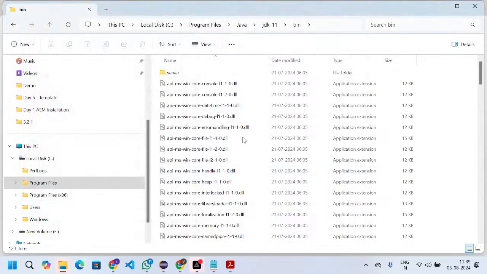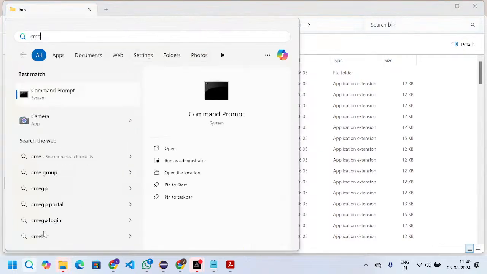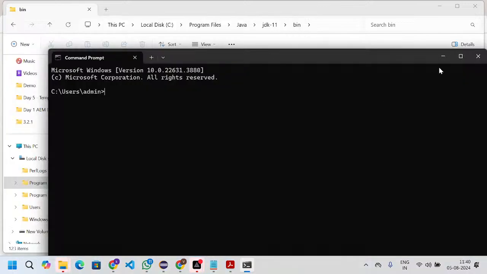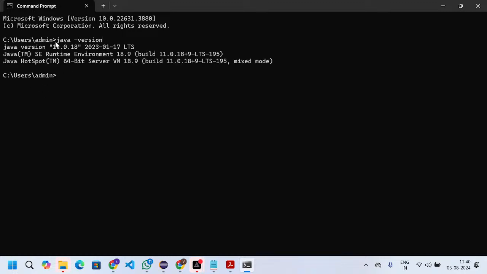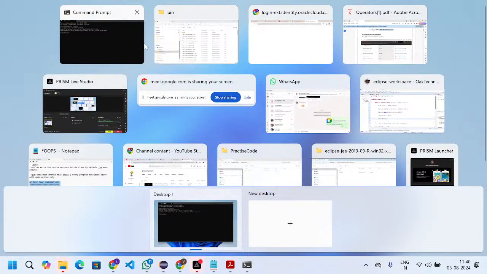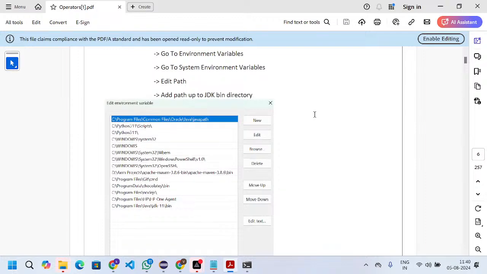You can open the command prompt. You can check your Java version with java space hyphen version. So we will get which version got installed in your system. You will get it like this. So this is the installation process. The next thing we're done with is